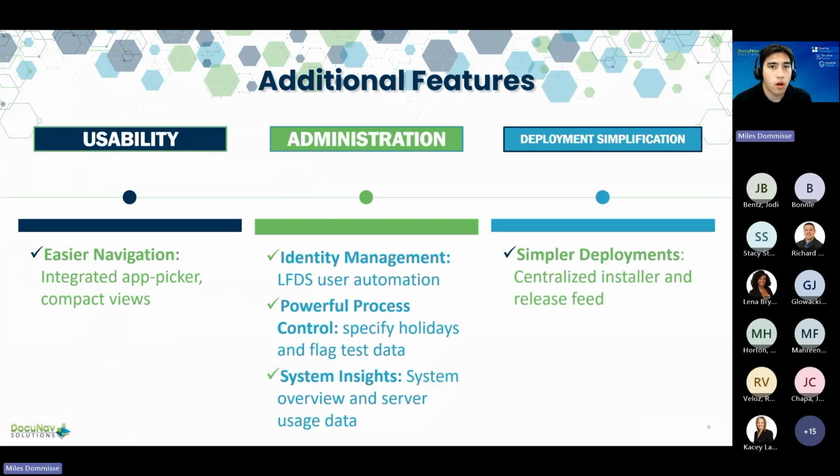So, doing a quick overview of some of the additional features. In the actual web client, just for easier navigation, we have an integrated app picker that makes it super intuitive to migrate throughout your Laserfiche environment, get from Forms to web client, all that kind of stuff. It's all centralized in one place. On the administration side, we have LFDS user automation with stuff like SAML, stuff like SCIM. Makes it super easy to push users, integrate users, as well as some Forms processes, they give you some more control with specific holiday options and flag test data,